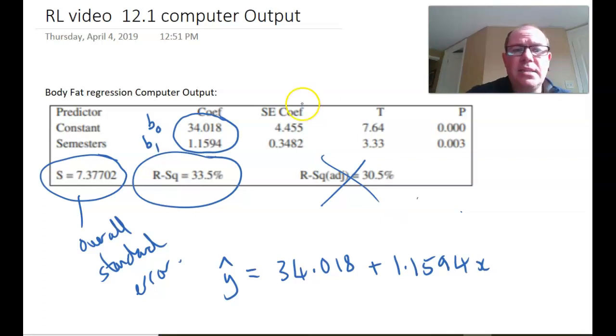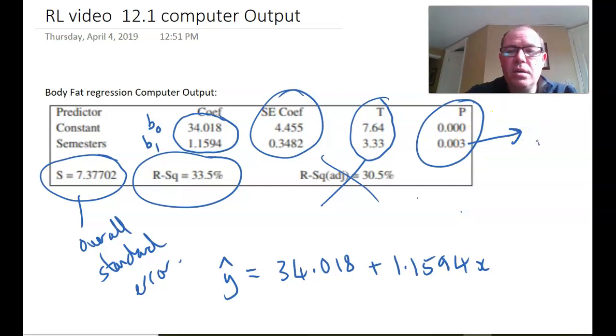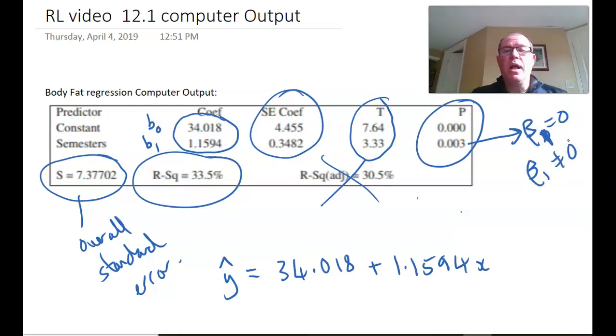Now, this is the standard error of our coefficients, and that's used to calculate the test statistic, which gives the p-value. So you can see here that if we look at the slope, B1 under the null hypothesis is 0, and under the alternate hypothesis, B1 is not 0. Then we can see that because this is less than 5%, we'd reject the null hypothesis,